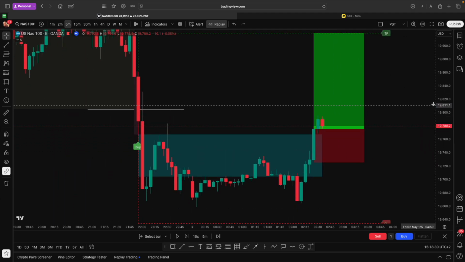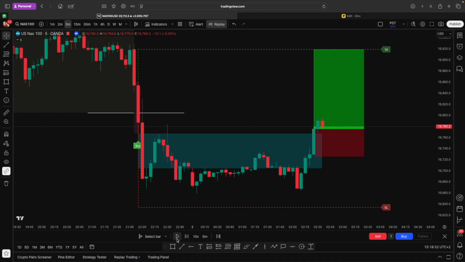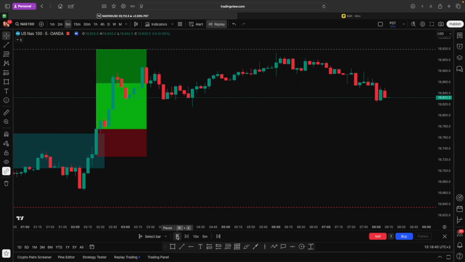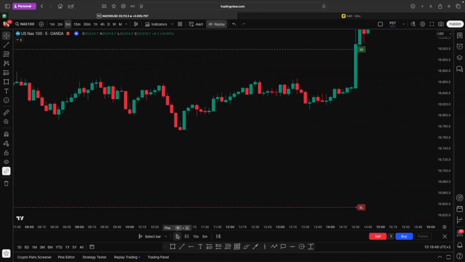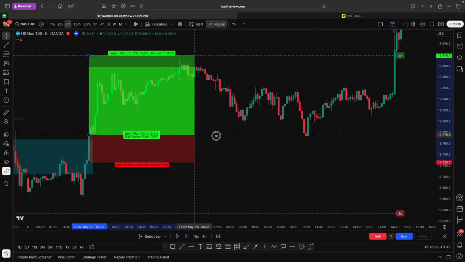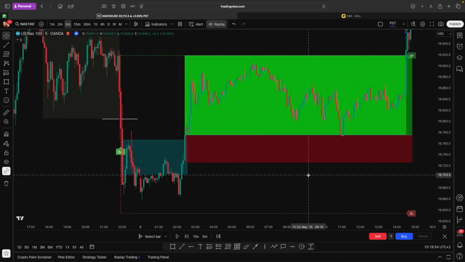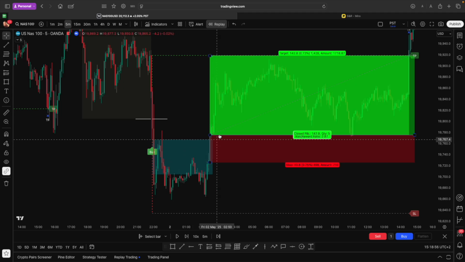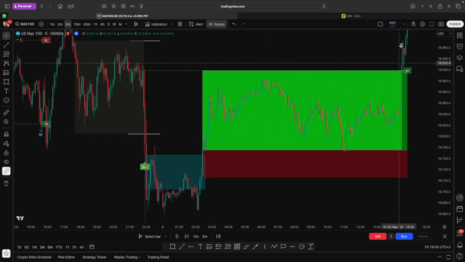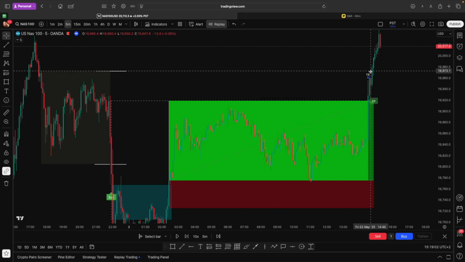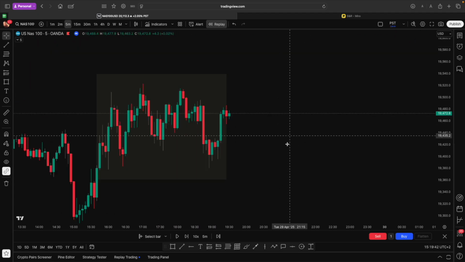So let's see if this trade plays out. And there you can see we got our TP after a while of trading. Price went up, retested the zone again, and we got our TP right over there. All right, so let's look at